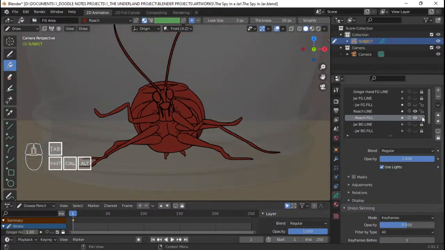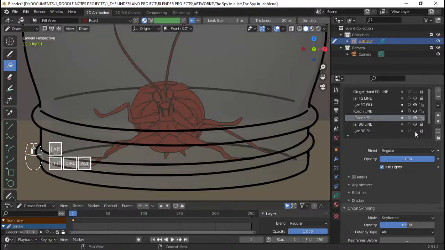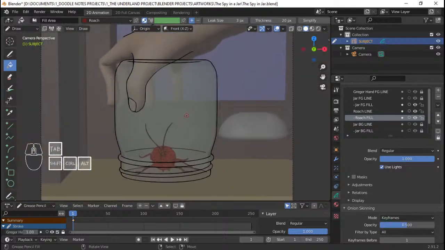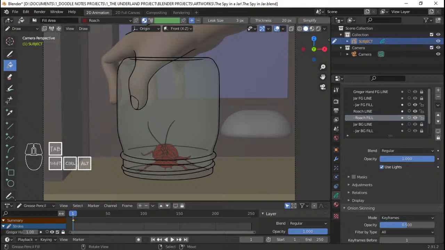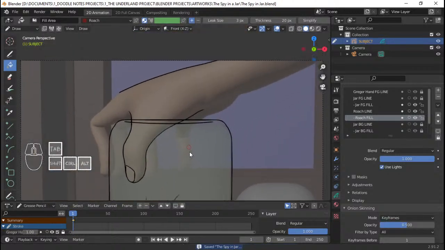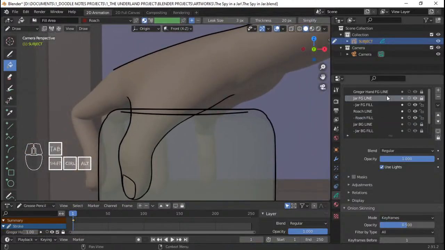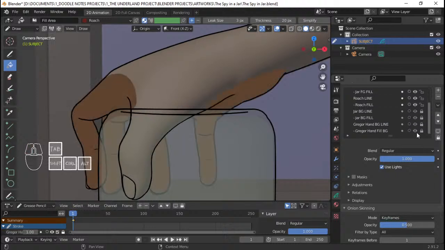Let's see. I'm going to turn on, not lock, but turn on a bunch of the layers here. And how much time have we gone through yet? 30 minutes. I think we still have some time. Now I'm gonna go right here and fill Gregor's FG hand, foreground hand.